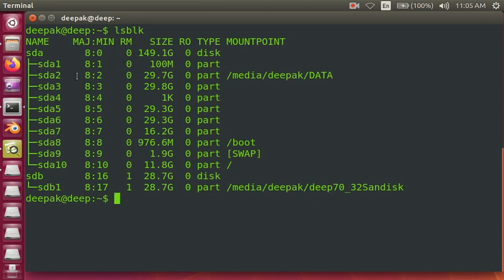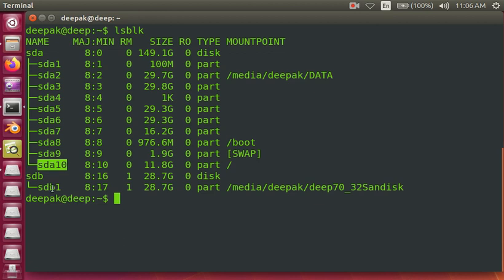See, I have SDA, which is my internal disk, and which has partitions SDA1, SDA2 and SDA10. If you remember, in the earlier command we said that SDA10 was there as a file system where the root was mounted,